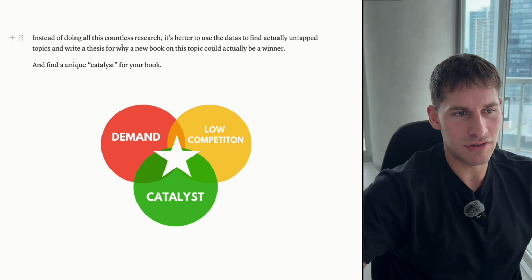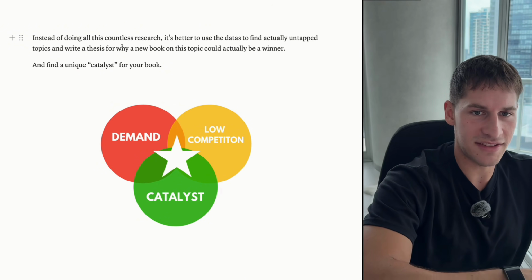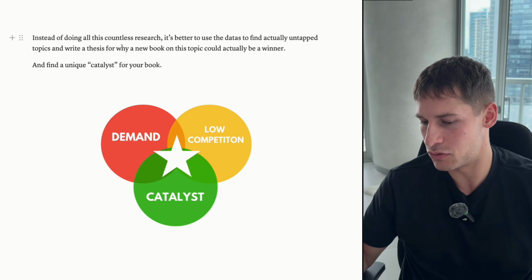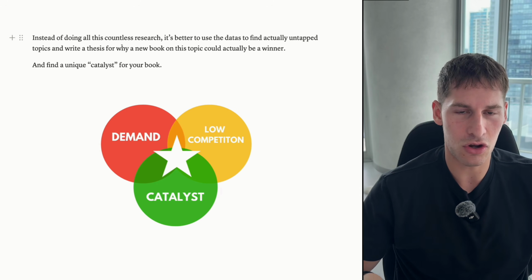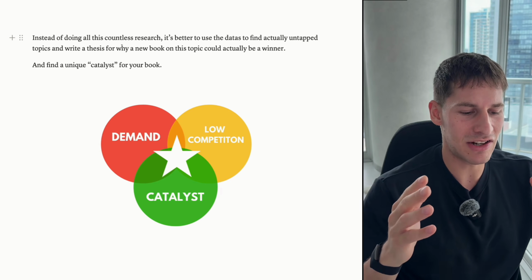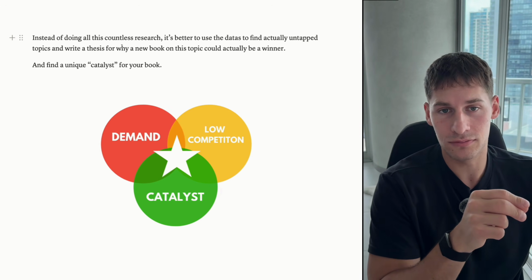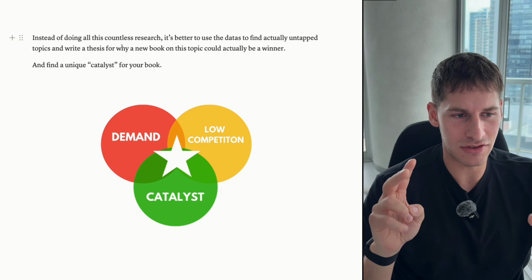So instead of doing countless research, it's better to use the data you see, for example, the fact that seniors are looking for memory games, to find untapped topics and write theses on why a book with this topic could win. So for example, you think about cognitive improvement games, like why should it work? You need a clear thesis. I think this book can sell because the end goal of memory games is cognitive boosting. So I will add it clearly in the title, the fact that it's science-backed,